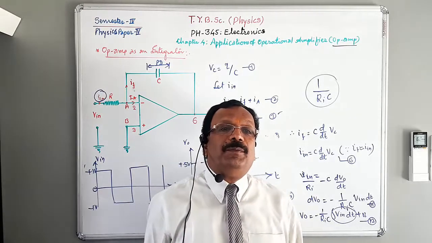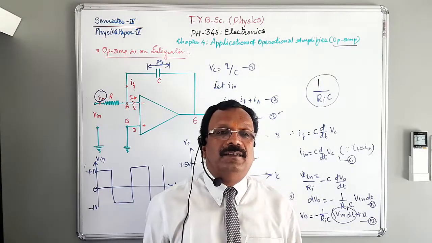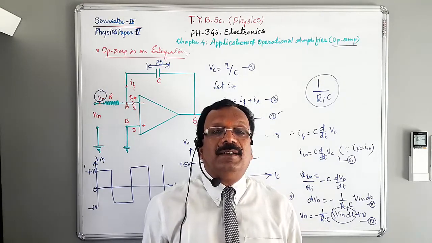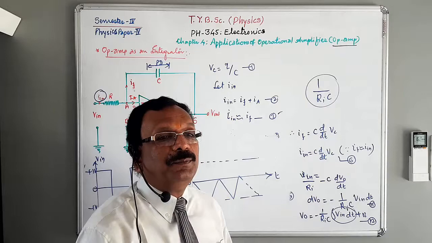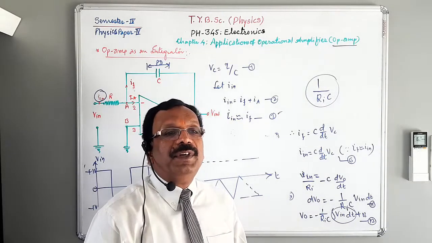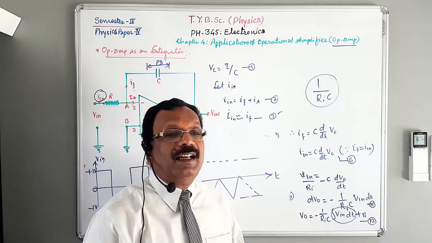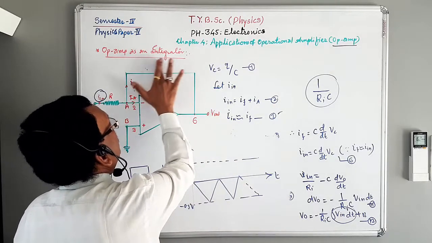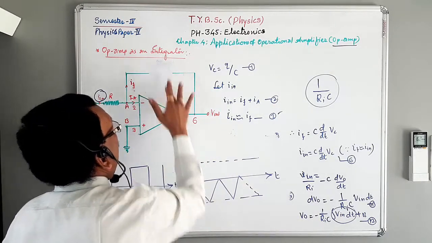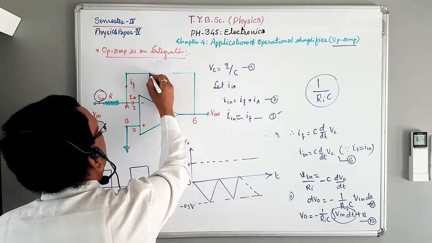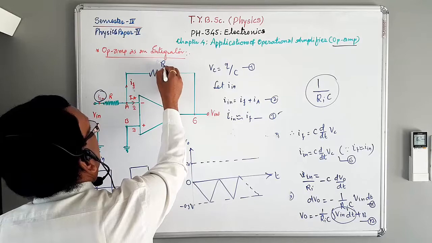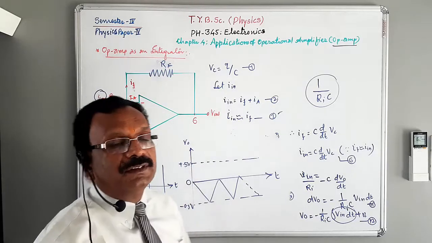The differentiator may be constructed from the basic integrator by interchanging the position of resistor and capacitor. So here we just make a change. Instead of capacitor, we connect here a resistor RF,